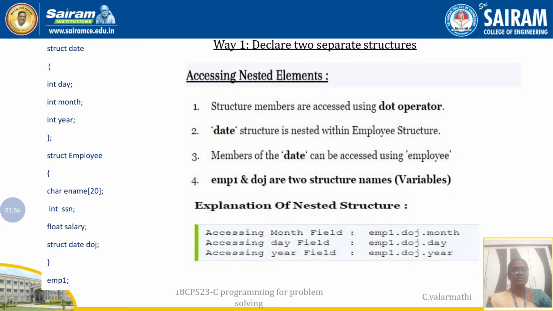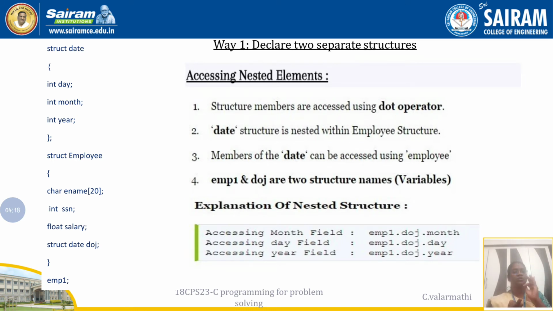What is the first way? Declare two separate structures. You can see this program here. First I have used struct date, where date is the structure name. If you take one date, what are the elements? Day, month and year.